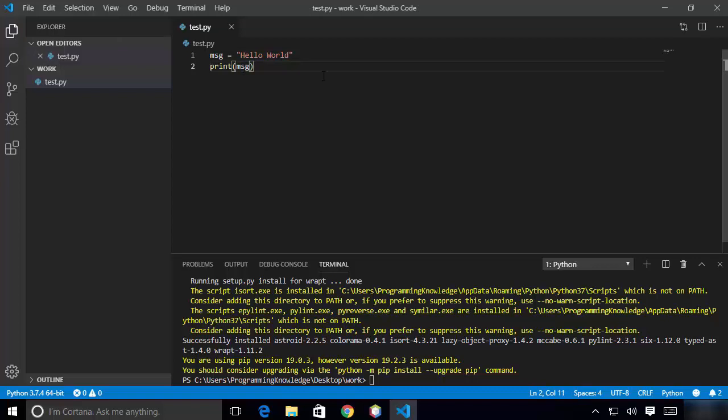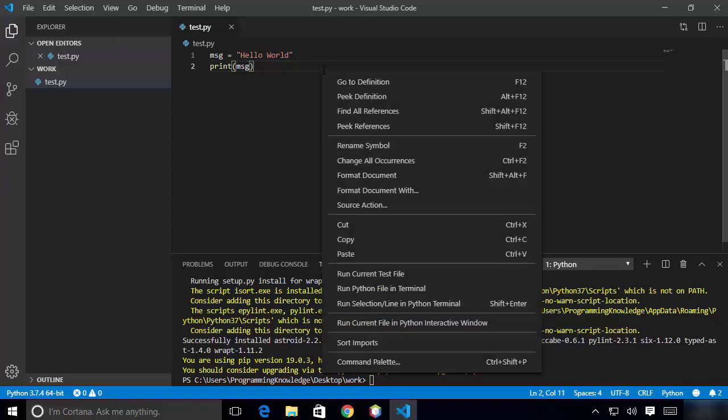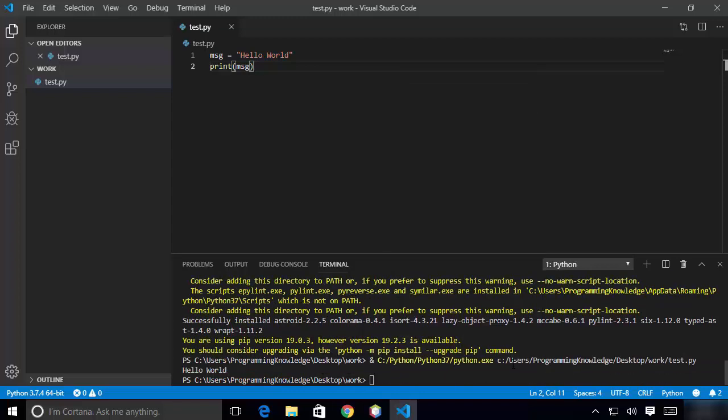So once you have done writing your code, you can right click on the same file, and then you will see this option which says run Python in terminal, which is going to run your Python script inside your terminal. So I'm going to just click on this option, and you can see it runs this Python script using Python on your terminal, and it prints hello world here. So you can see this output, hello world.